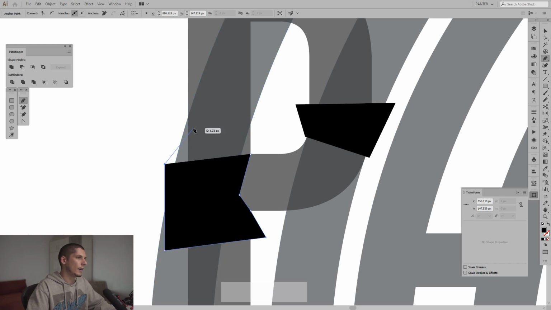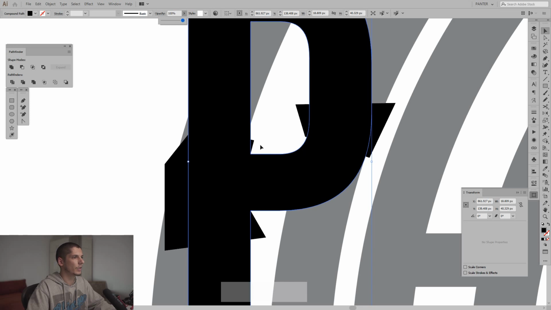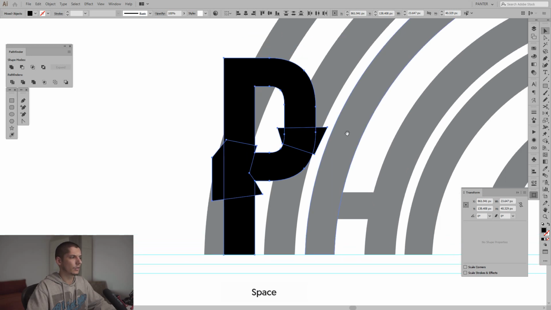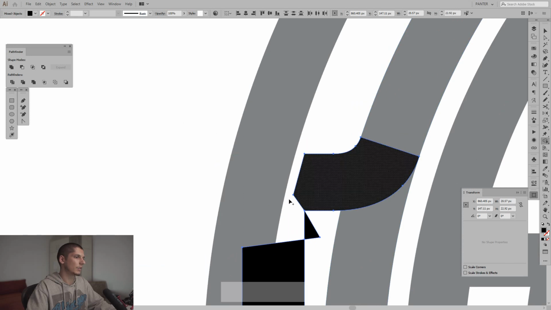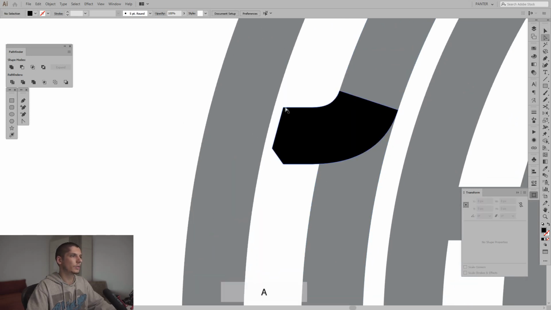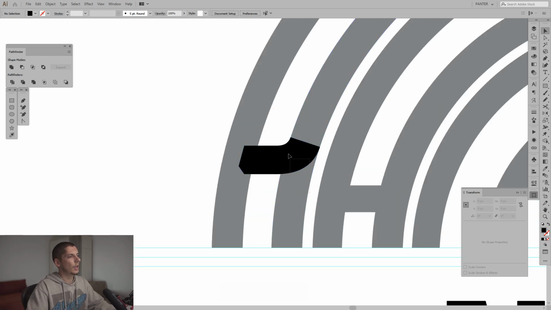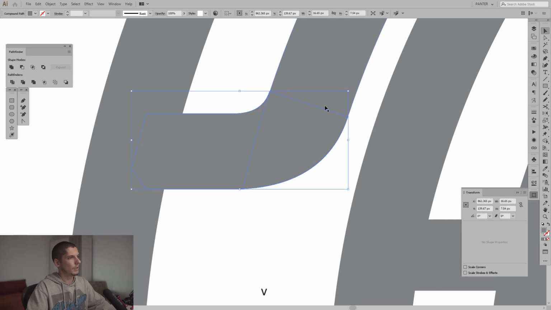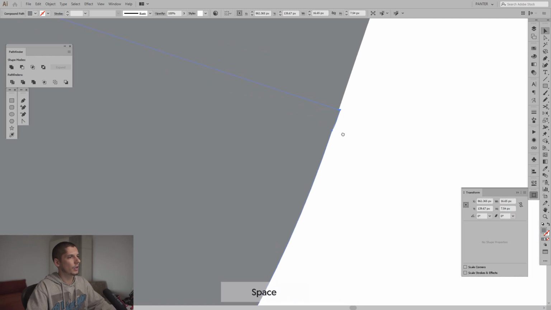Okay, I'm gonna go back with the opacity, select all of these. I think no, this also needs, press Shift plus M and start deleting the parts that are not good for this. I'm gonna go with the direct selection tool and expand these in here. Okay, and now I'm gonna remove this line. Let me make this gray. As you can see, we got like small little problems in here right now going on,